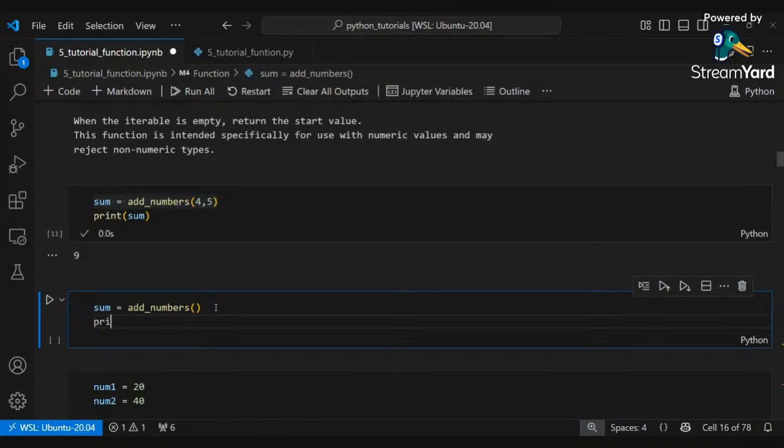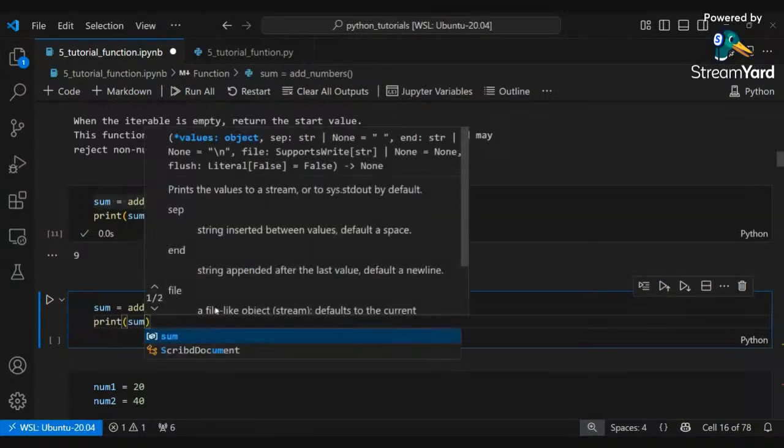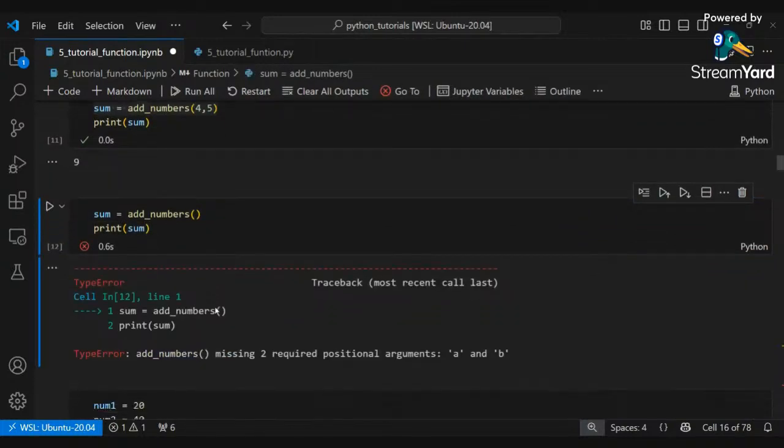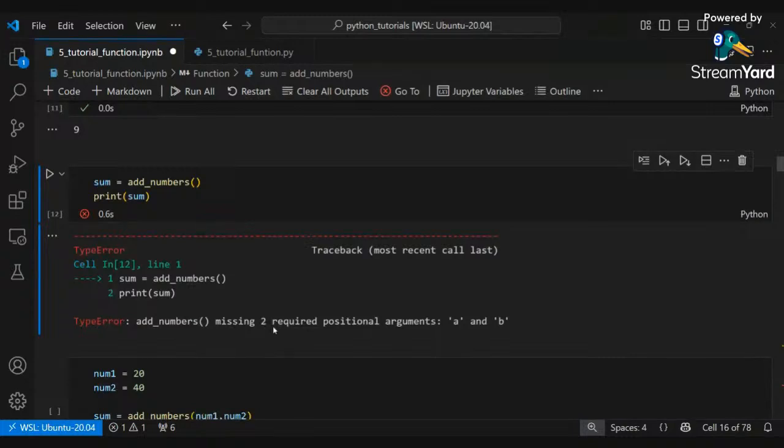Maybe we want to now print our sum out for us. We're going to get an error. It's going to tell us that add two numbers is missing two required positional arguments. Now let me explain something. There's a difference between arguments and